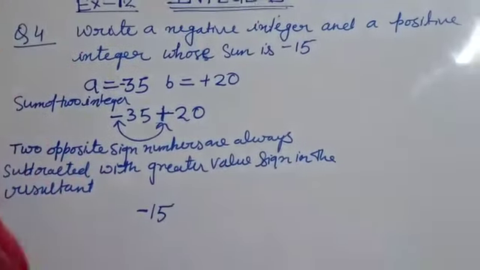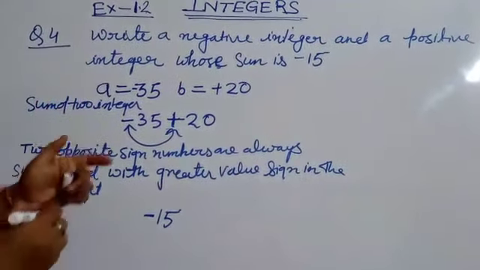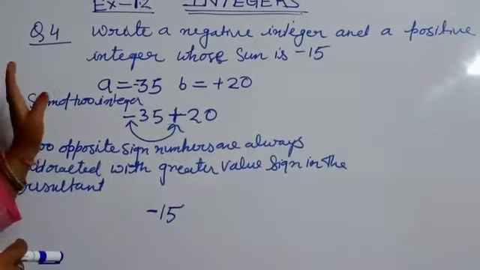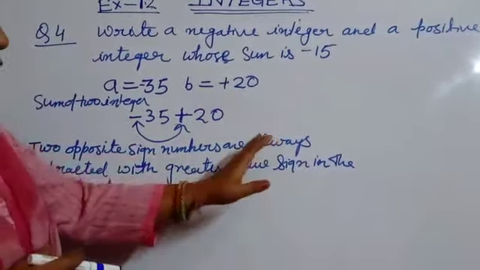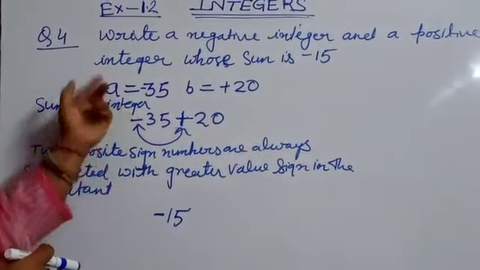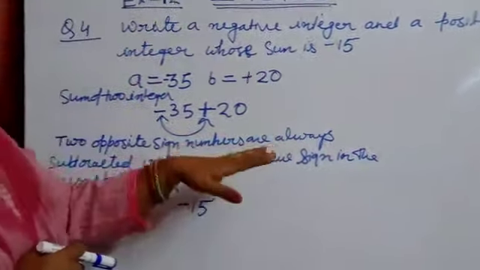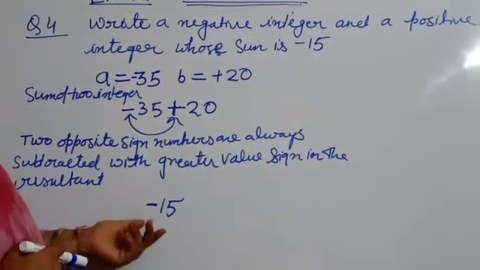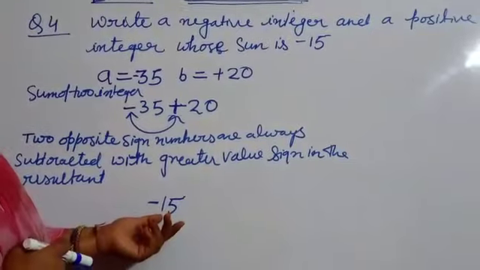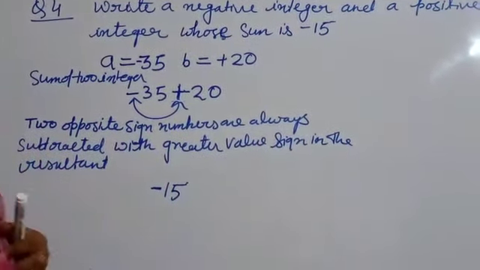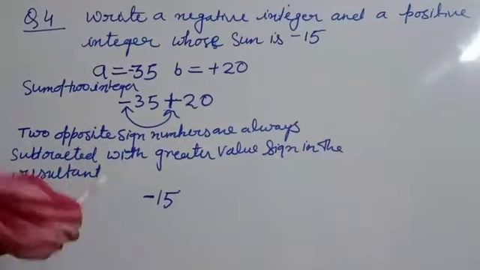And what will be your homework? Practice these questions more and more and search for answers apart from these. I have not searched only these answers. Select other numbers so that if you take their sum, the final answer should be minus 15. You can search for infinite numbers of answers. You can search in this way for your personal practice.